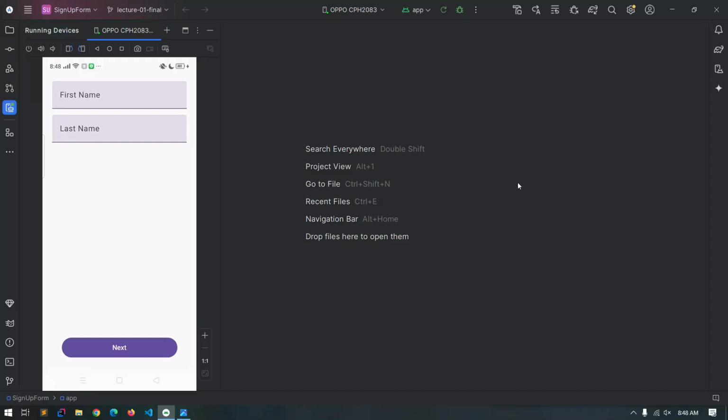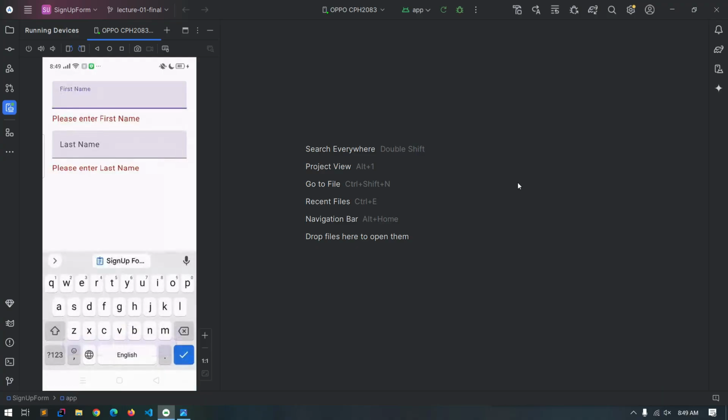New video, and in this video we will start making the sign up screen flow in Jetpack Compose. So this is the end result which we will see at the end of this small series. So here we have first name and last name. When the user taps on next, then we show the validation message to the user, and after inputting this information,